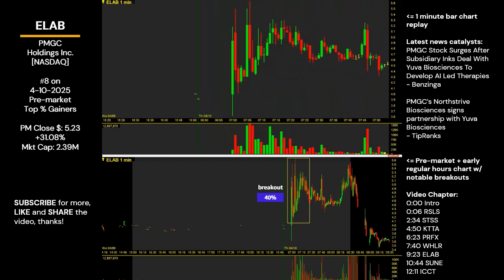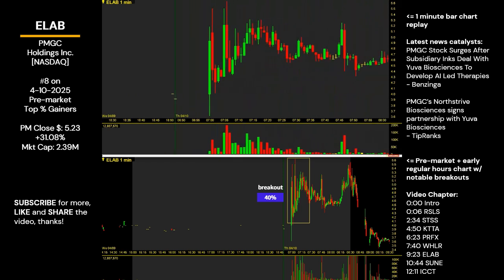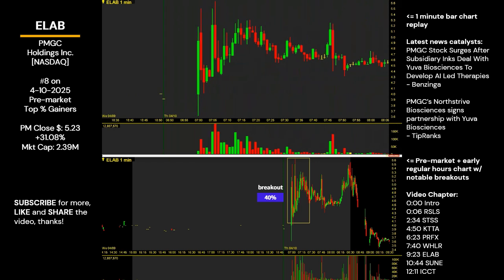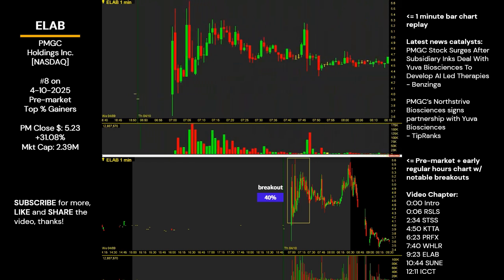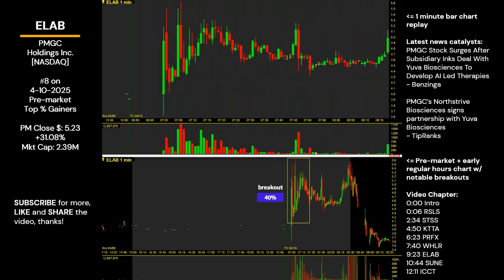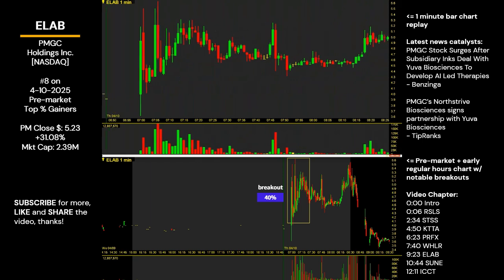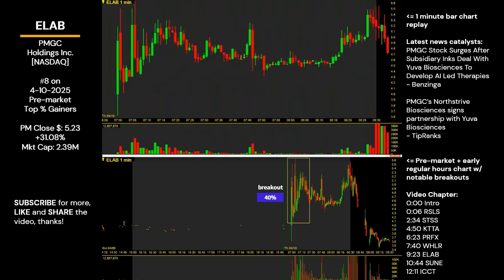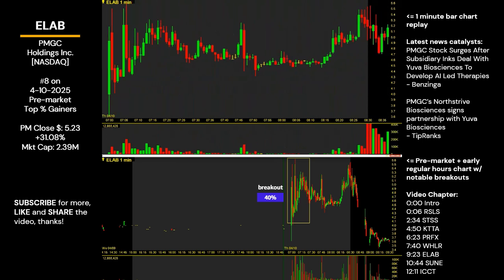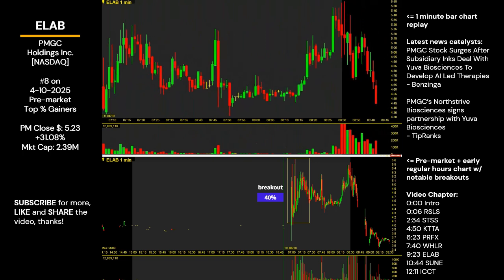AI platform, Metonova. The focus will be on enhancing mitochondrial health, which plays a central role in a wide range of age-related diseases and conditions like obesity. The news sparked a notable market reaction, with PMGC's stock jumping 31% in pre-market trading, including a 40% spike early on. However, the price showed significant volatility as the market opened, with the stock experiencing choppy price swings, reflecting cautious